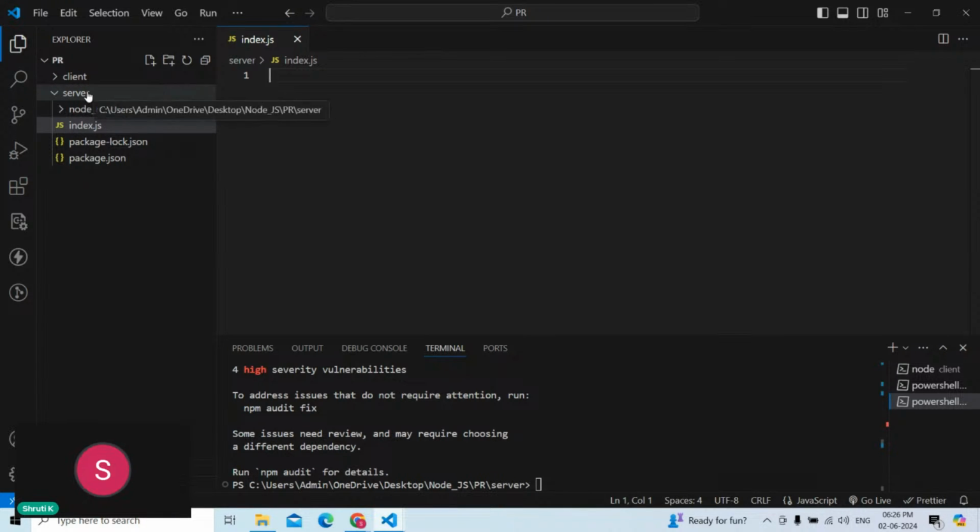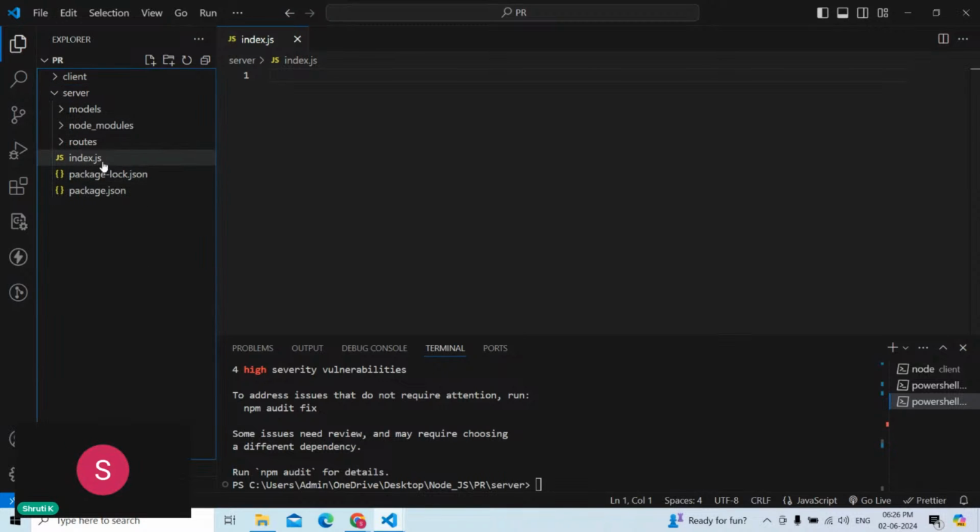So I'll add a folder called models for prescribing the schemas. I'll add a folder called routes for adding those authentications. So, moving ahead with the first of our index.js file,